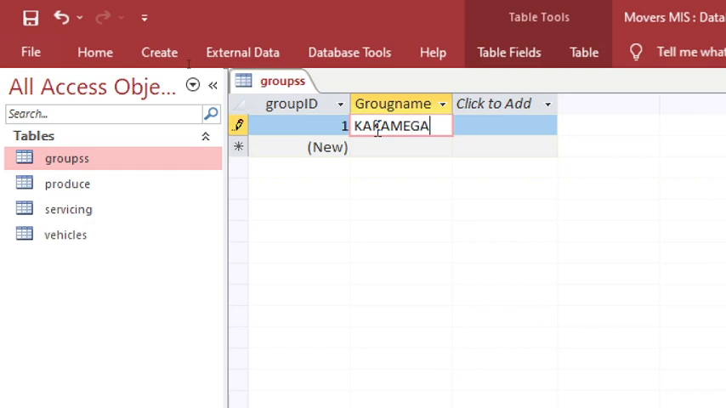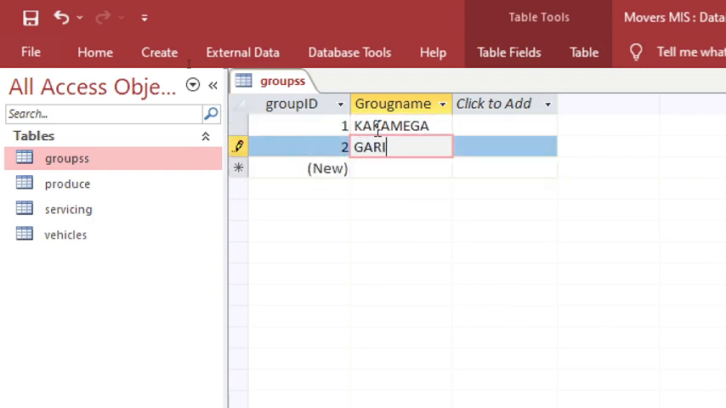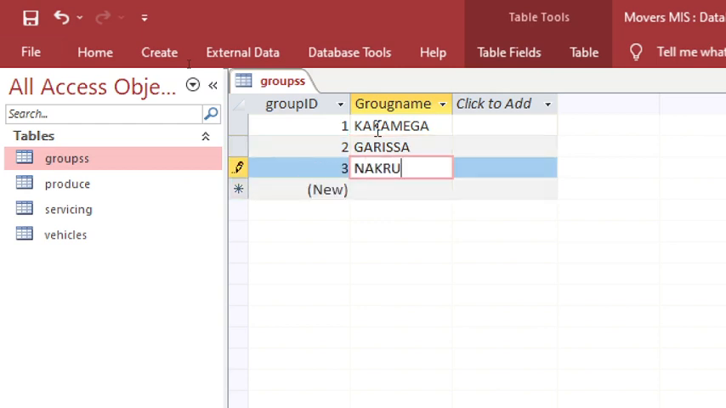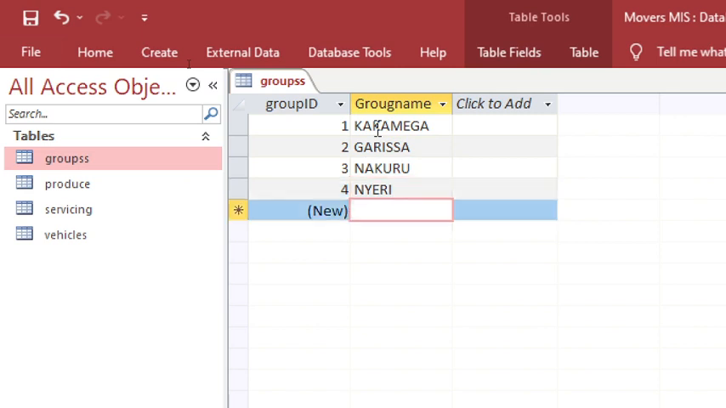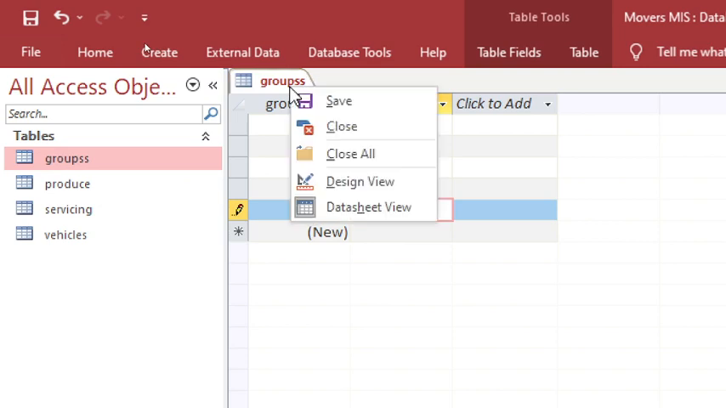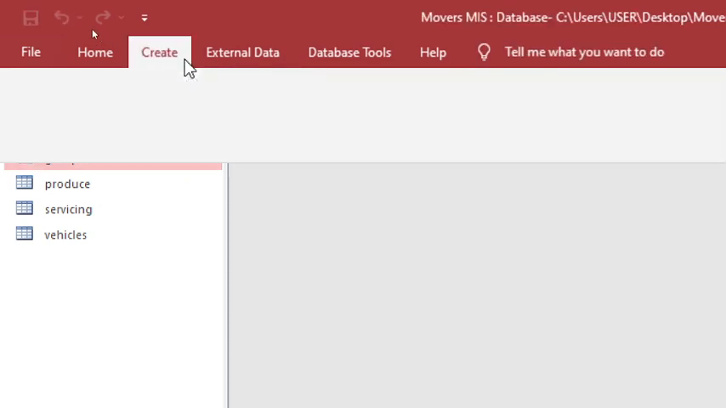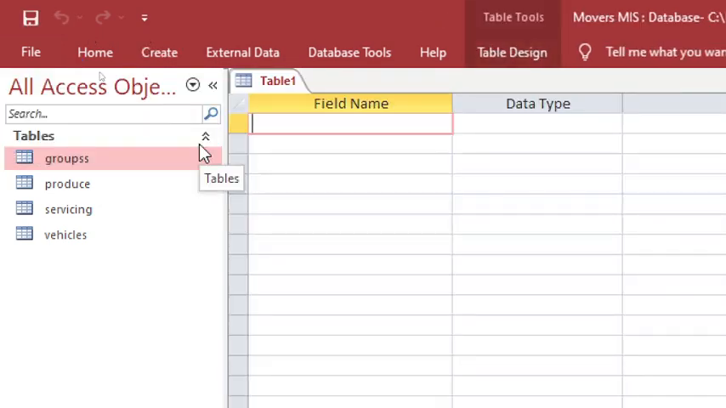And the groups can have Kakamega, can have Garissa, can have Nakuru, Nyeri, can have Isiolo. Those are the names of groups. Then from there, we can just go to create another table. We can create members, member ID,